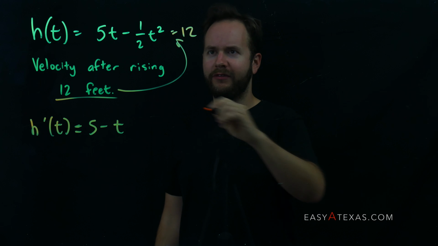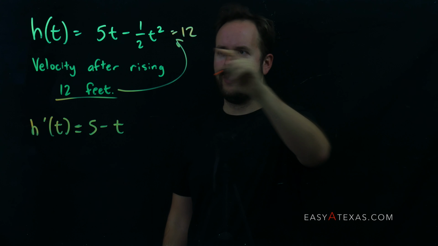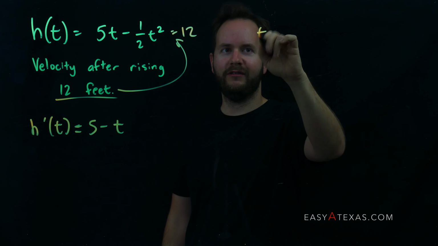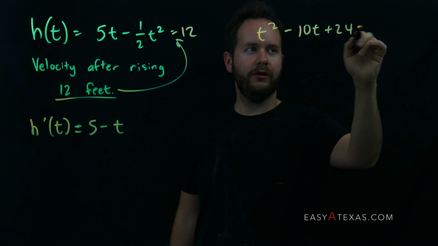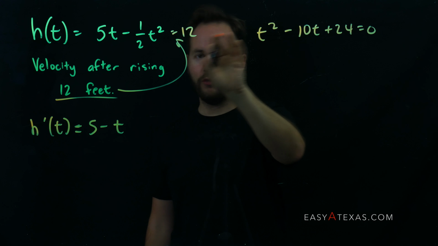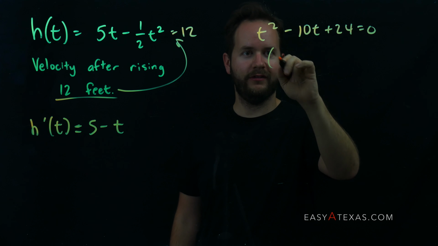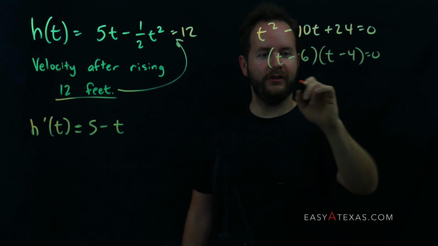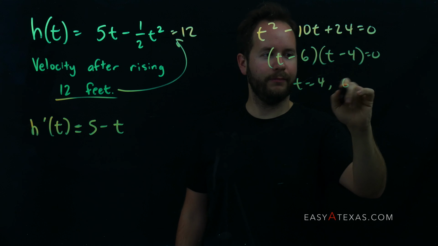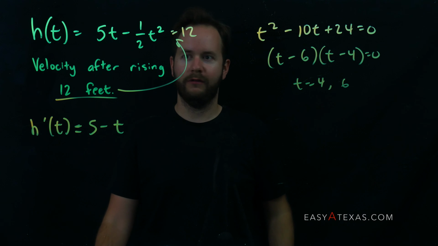I'm going to go ahead and rewrite this a little bit. I'm going to multiply both sides by 2 and then shuffle some terms around. This is going to give me t squared minus 10t plus 24 equals 0. Now that I have rearranged that equation, I can go ahead and factor this into t minus 6 and t minus 4. So there are 2 points for which this rock has a height of 12 feet,